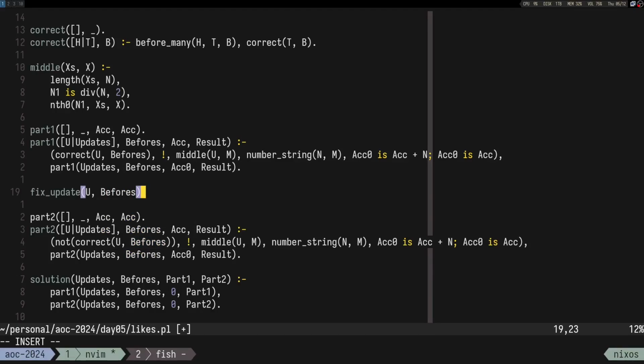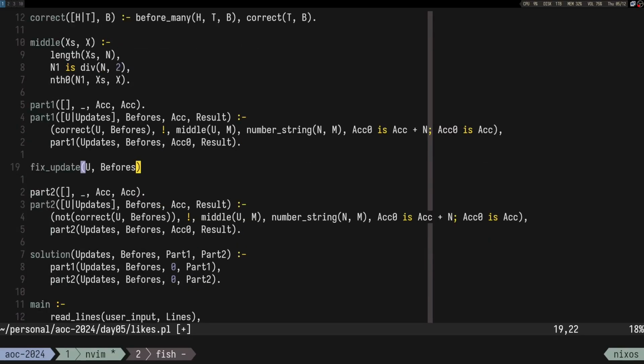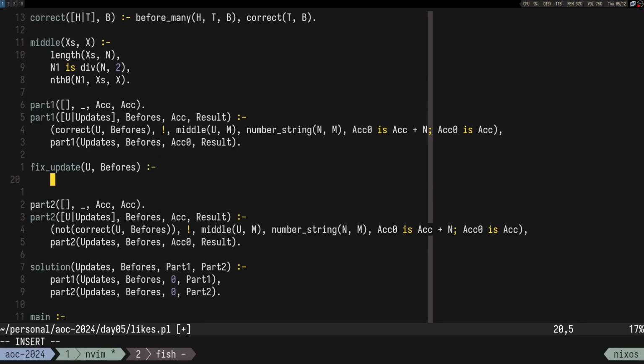But it's pretty hard. Right, so first of all, we want to check if this update is correct or not. All right, that's the idea. Maybe not exactly. Maybe we assume it's wrong. So we have to do something like